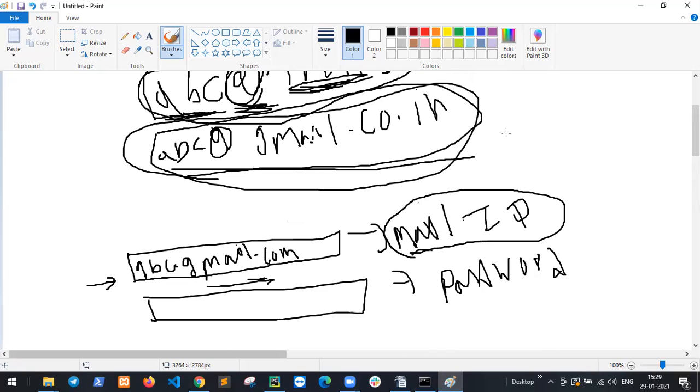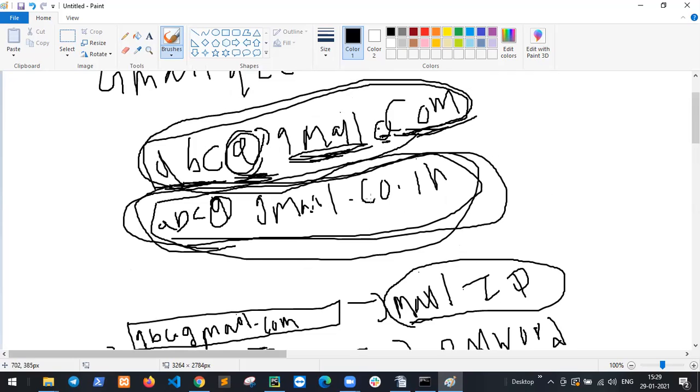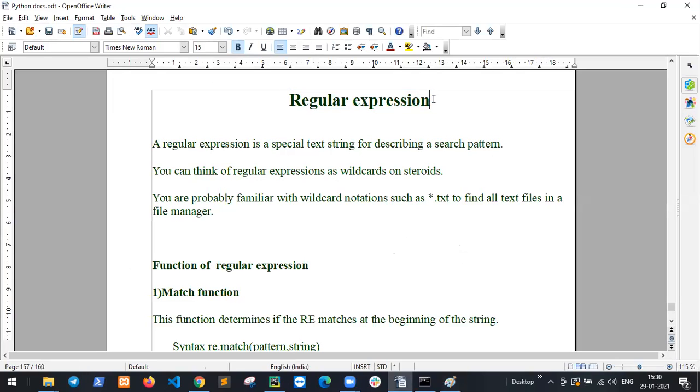So how to create a password, how to create Gmail, outlook.in, gmail.in, gmail.co.in, any kind of information, any kind of validation. So create it through regular expressions.